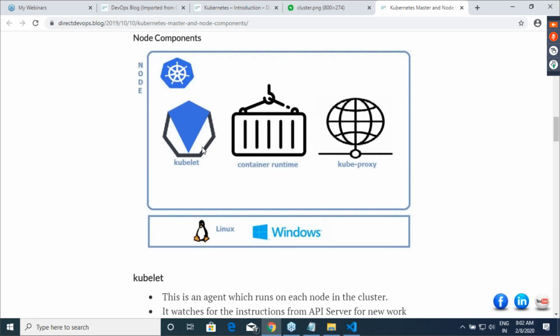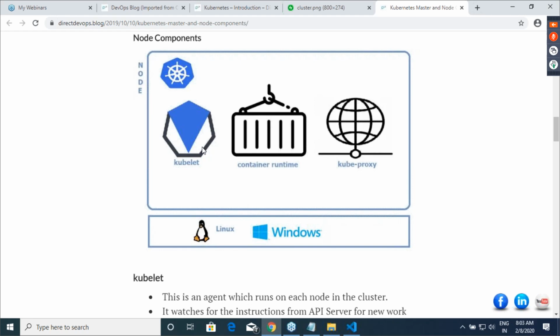So kubelet is responsible for taking all the necessary instructions from your Kubernetes master and performing them. But remember one thing, kubelet is not intelligent. Kubelet does only what your master says.